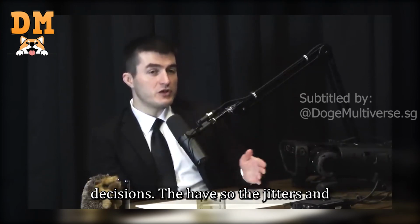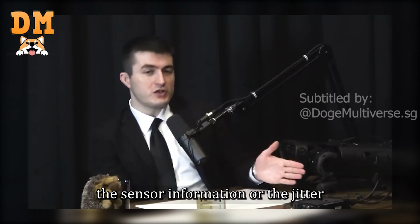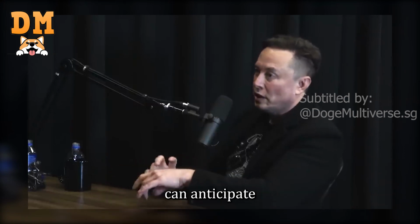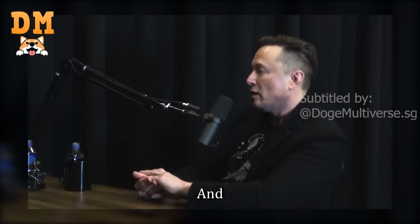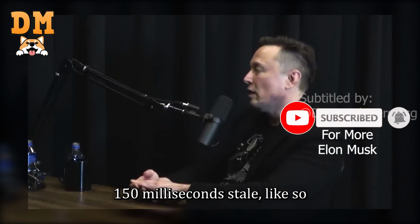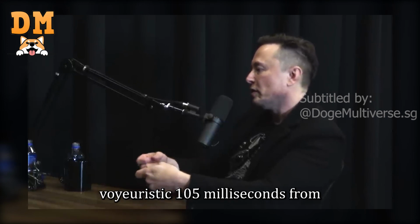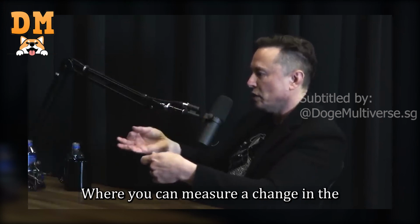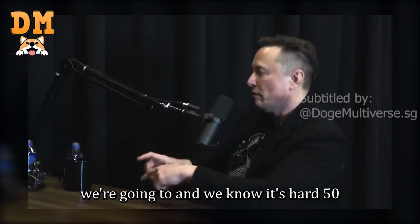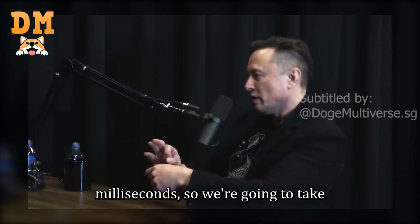You have to. So the jitter is in the sensor information, or the jitter can occur at any stage in the pipeline. If you have fixed latency, you can anticipate and say, okay, we know that our information is, for argument's sake, 150 milliseconds stale, from photon hitting the camera to where you can measure a change in the acceleration of the vehicle. So then you can say, okay, we know it's 150 milliseconds, so we're going to take that into account